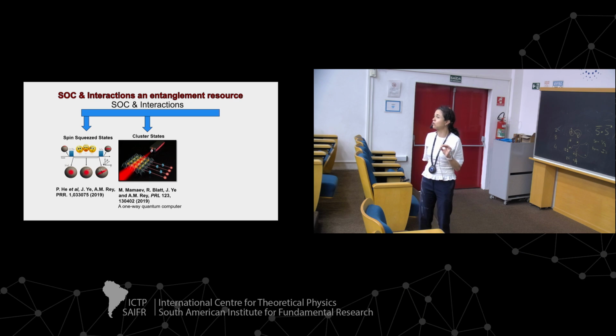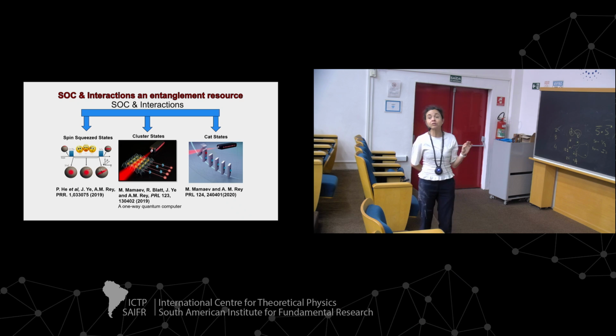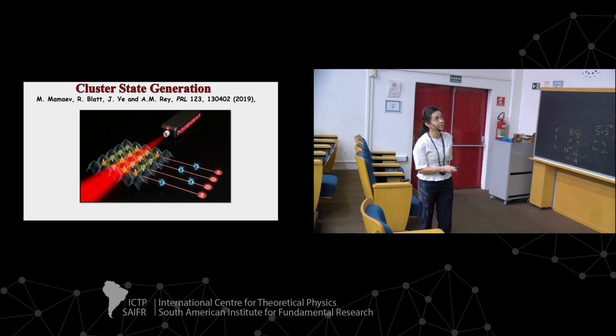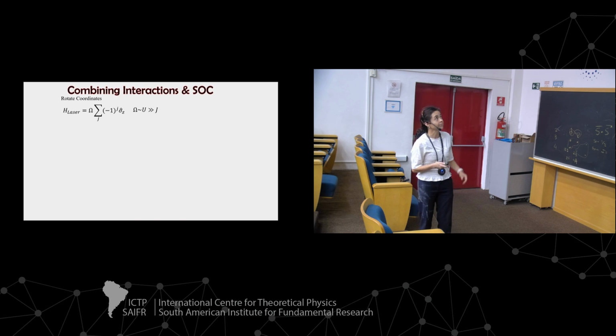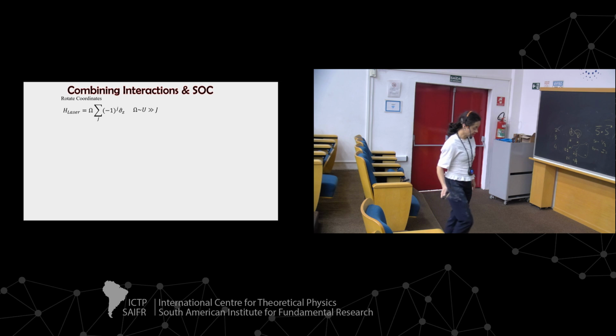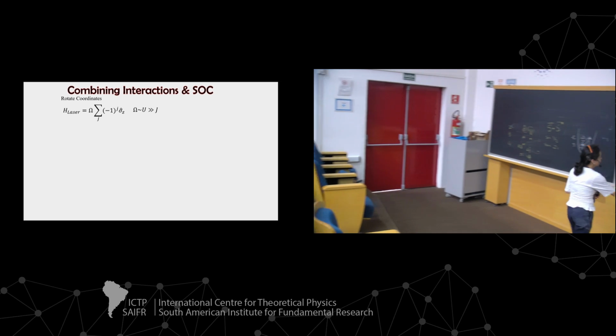Who knows what a cluster state is? Okay, so I'm going to explain what a cluster state is, and then I'm going to tell you a little bit how we can use this interaction to generate cat states, very briefly. But it's a tutorial, so maybe I will let you work out most of this, because it's not so hard. For cluster states, what I want you to work out